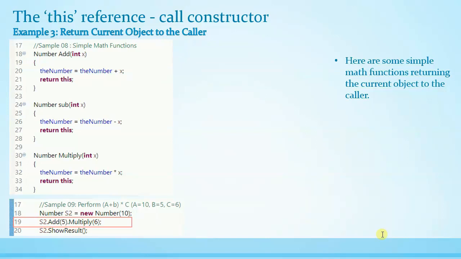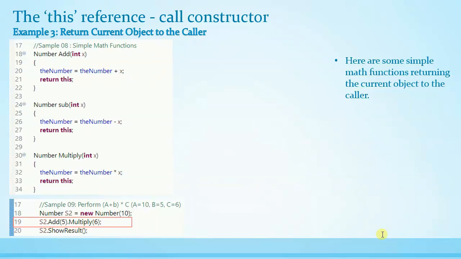Since we know that add of 5 will return a Number instance, we are making the next call to the method multiply in the same line. So add of 5 method call will return an object, and that object is Number. That's why we are once again calling the multiply. So when we return this object from the methods add, subtract, multiply, it will make the statement like what you are seeing at line 19